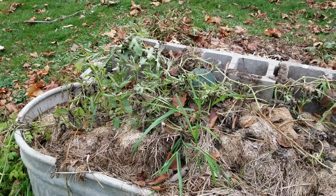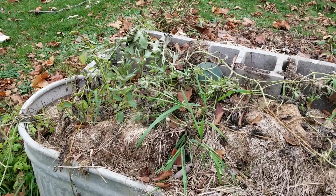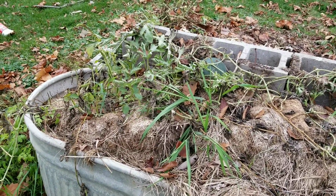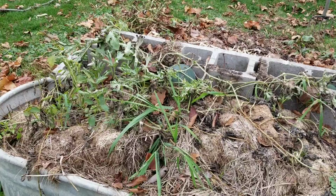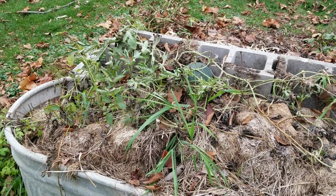So I want to show you guys another experiment that I've been working on. We wanted to grow some watermelon, but it was late in the season. We had 78 days left, and it's supposed to be an 80-day watermelon. So we're pretty close to cutting it too short here. Especially late season, you usually need to add an extra week or so at least, or you're not gonna get